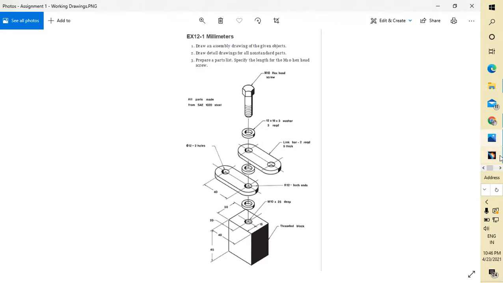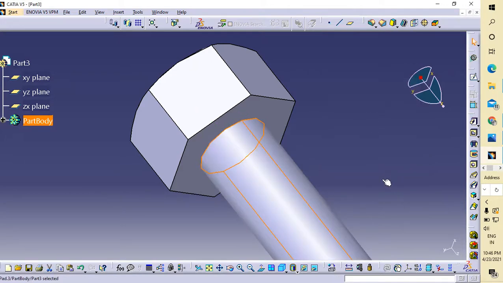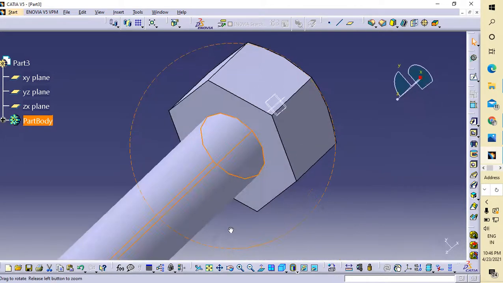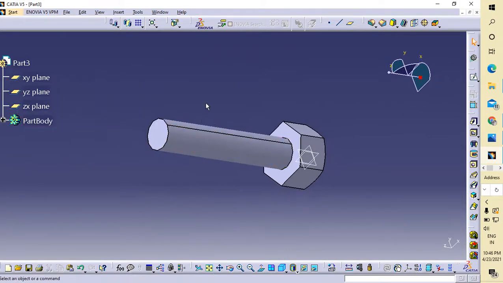We will take approximately 50 mm long. Okay, 50 mm long. Now in this 50 mm length, the 25 mm is with what?